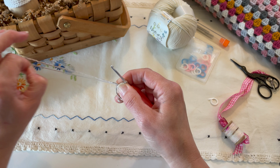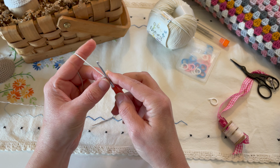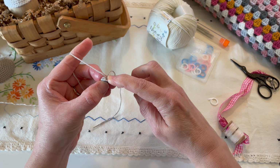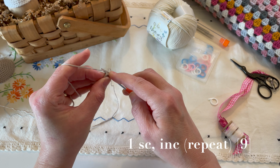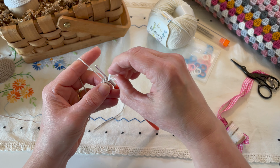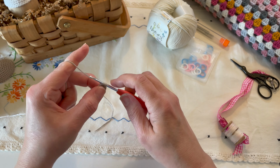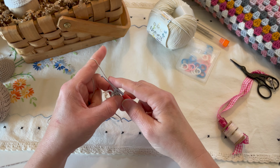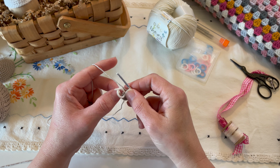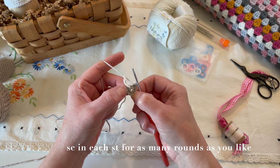And we will pull it closed. Now we're going to do 1 single crochet increase, and then we will end up with 9 stitches in total. Put my stitch marker here. Now you're just going to single crochet in each one of these 9 stitches for 7, 8, 9, 10, or